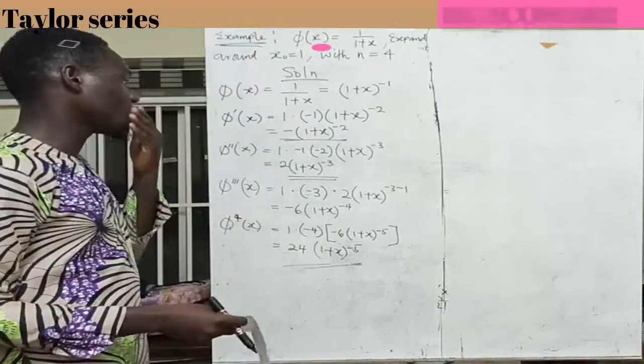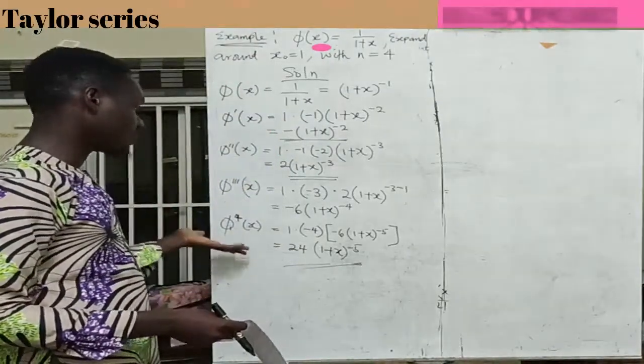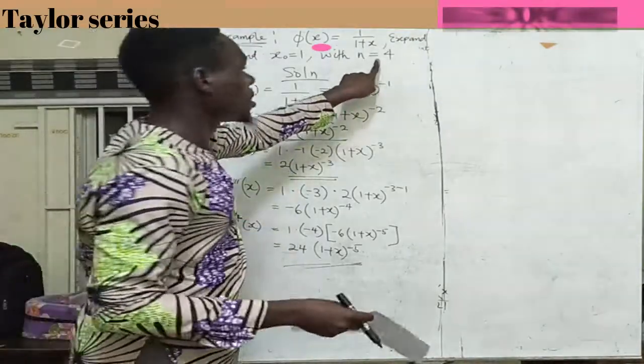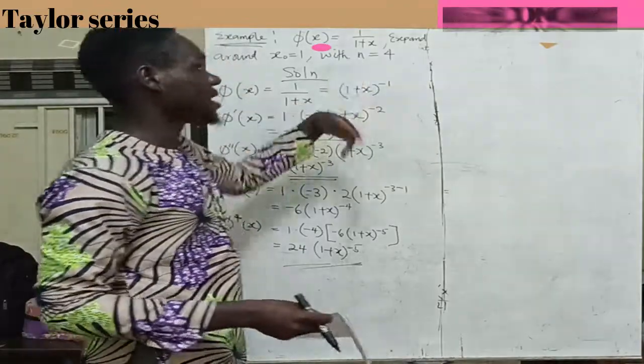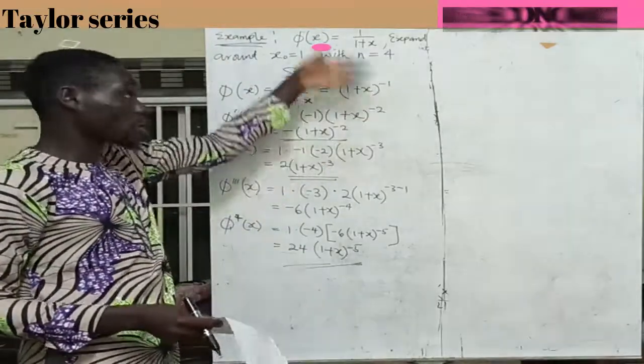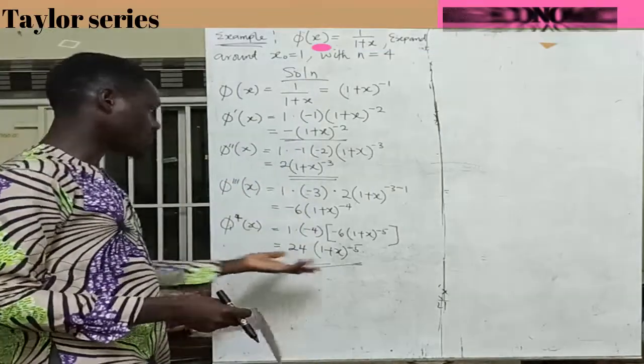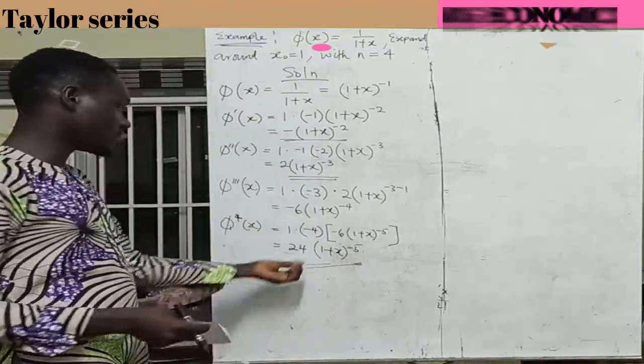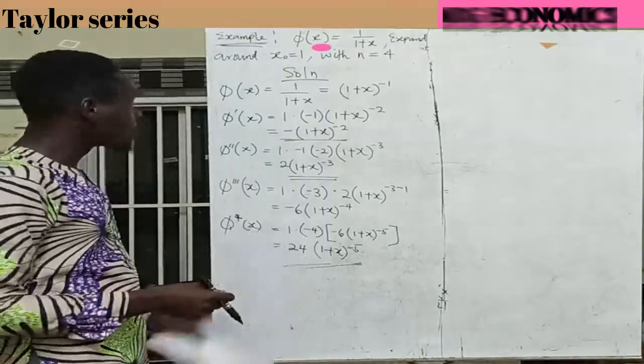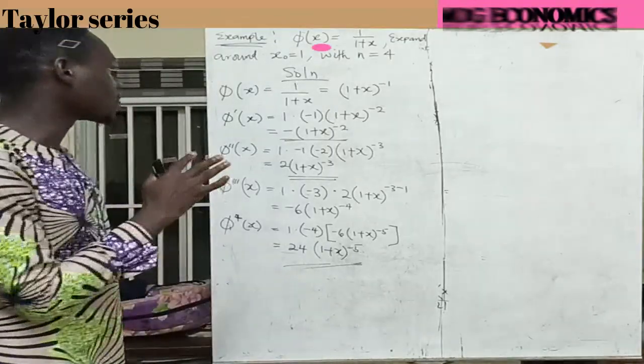We are done with our differentiation. Since here we are given the total number of derivatives to be 4, the total number of terms to be 4, the order of differentiation to be 4, this is the last derivative we're going to have. So now the next thing is